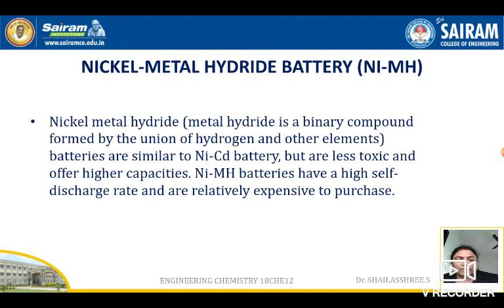Like we already discussed, the primary batteries cannot be recharged and reused. So secondary batteries came. Secondary batteries can be recharged and reused. In that also there are many varieties of batteries, depending on the electrolyte used, that is acid batteries, an example being the lead acid battery, and alkaline storage cells came into existence. An example of alkaline storage cells is the nickel cadmium battery. And then these are modern batteries.